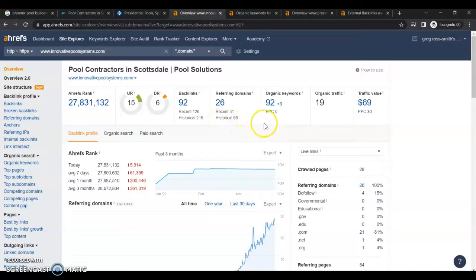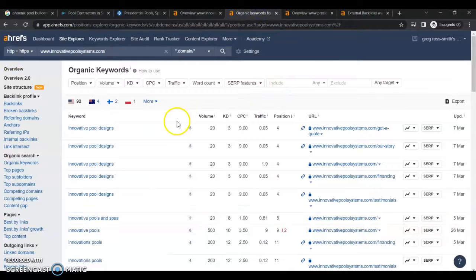Because you don't have a whole lot of keyword strategy going on in your content, you're only indexed for 92 keywords, and because you don't have the backlinks pushing those keywords, you're only seeing traffic of about 19 people on average to your website per month. Looking at your keywords, a majority of them are your business name, which is great for branding purposes, but most people, when they're searching for a product or a service, may not know the name of your company. So it's really important you're using the proper keywords that people are actually going to be searching for in each of your service